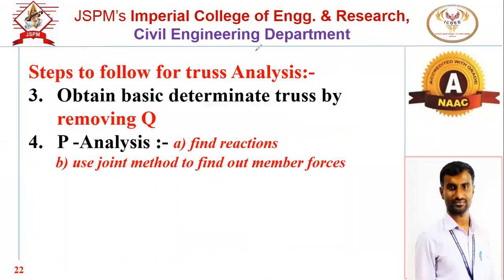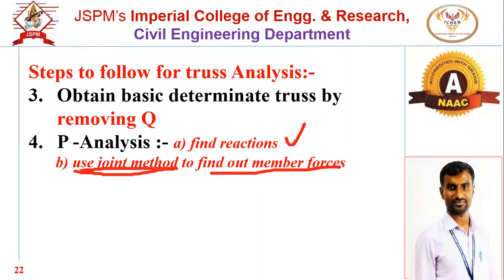वाटल्यास लिहा स्टार करून नोट. In P analysis, P forces are the member forces due to the applied load. मग ते आपण कसं फाइंड आउट करायचं? 2 स्टेप आहेत त्यासाठी फक्त. So for P analysis, initially get the reactions. What we have to do is, depending on the loading condition, external loading condition जी असेल 10 kilonewton, vertical, horizontal, whatever it may be, based on that loading condition, find out the reactions. Then use the joint method for each joint to find out the member forces.